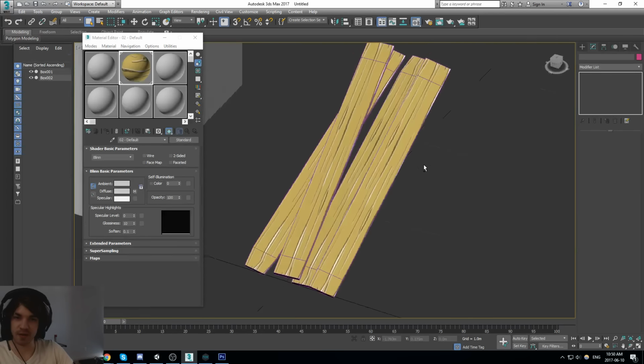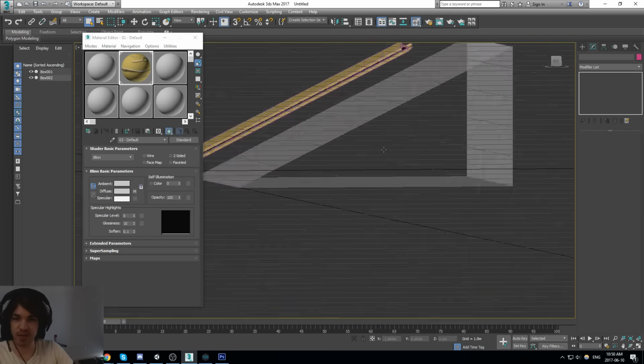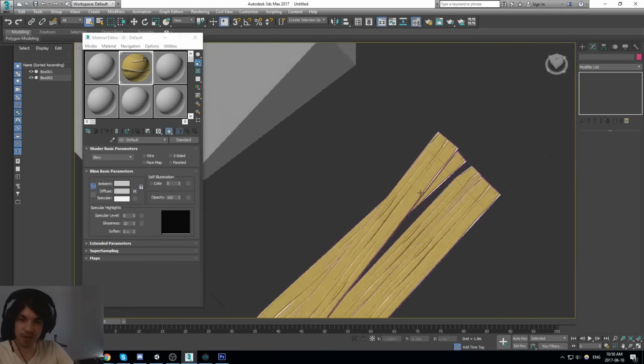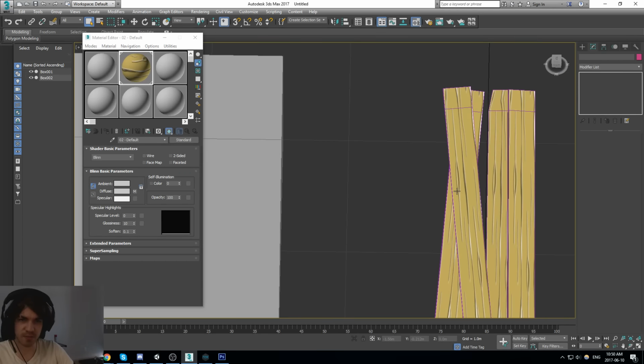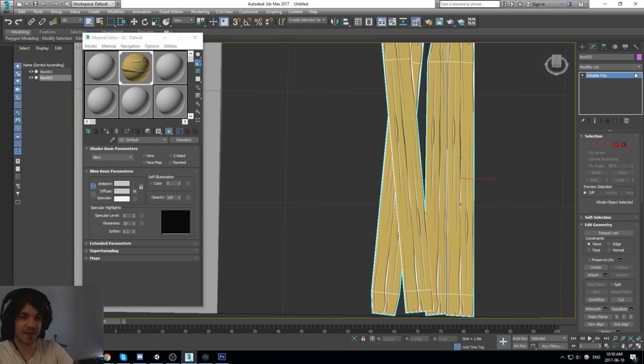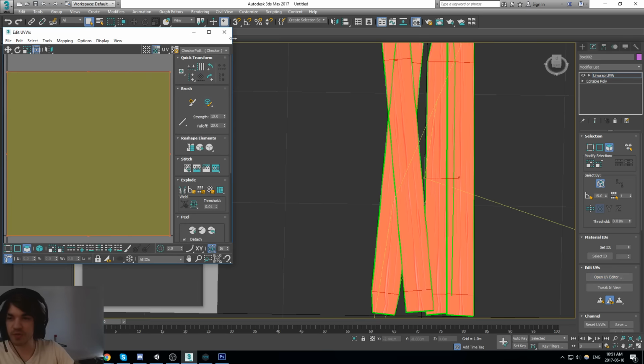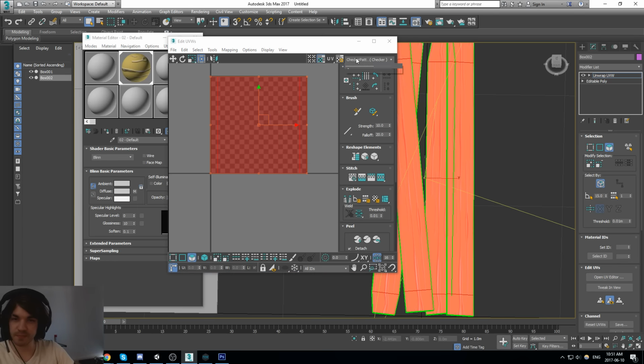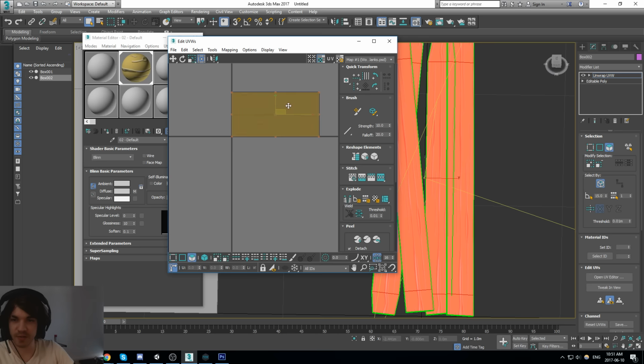And here they are. I actually haven't done any UV and they look quite okay, actually. That doesn't look too bad. Well, no, actually it looks awful. It's using both planks. So that's why we have to do the UVs on this thing. Let's go ahead, unwrap, open the UV editor, and find our wooden planks.